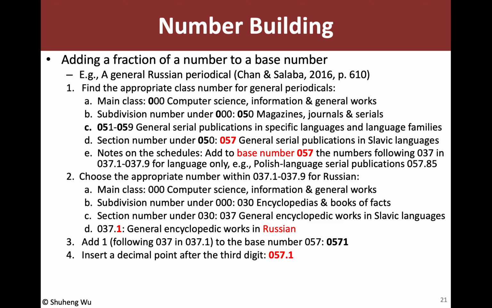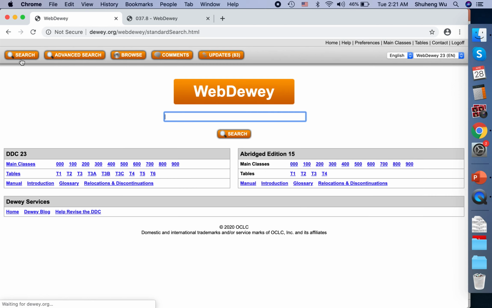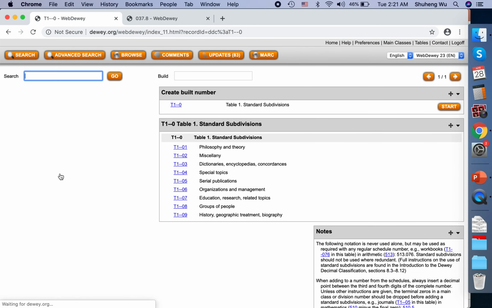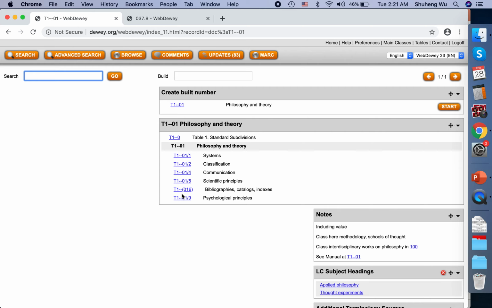If you are familiar with Table 1 standard subdivision, you should know that T1-016 represents bibliographies, catalogs, and indexes. So again, we should first find the base number representing physics and then add the standard subdivision to the base